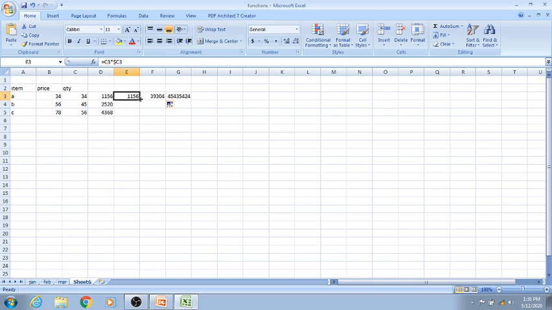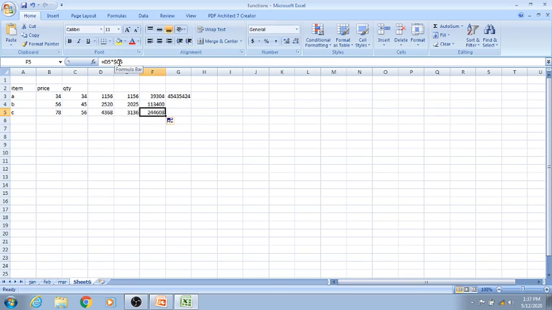If you drag the formula here also, you just see here B3, B4, B5 and C3, C4, C5, isn't it? Come here. It is C3 into C3. It is D3 into C3. It is C4 into C4. It is D4 into C4. It is C5 into C5. It is D5 into C5. The C is not changing.